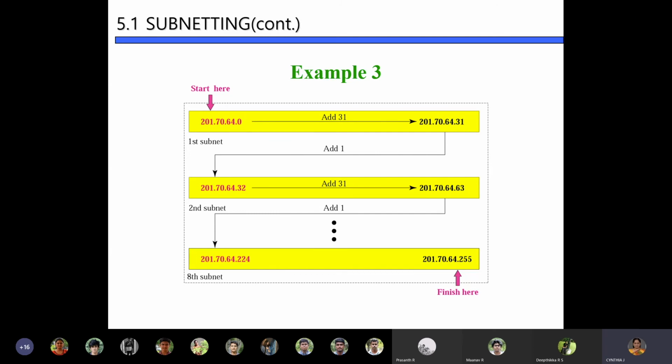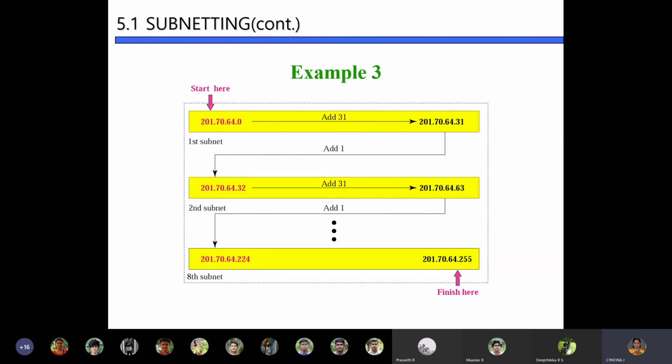Now for the second subnet, I add 1 to this. It is 201.70.64.32. That will be the first address of my second subnet. The maximum number of hosts I can have in a subnet is 32, therefore the last address in the second subnet will be this value plus 31.